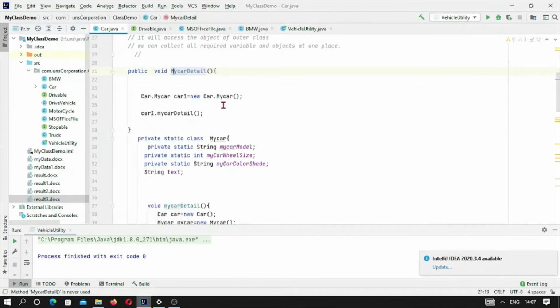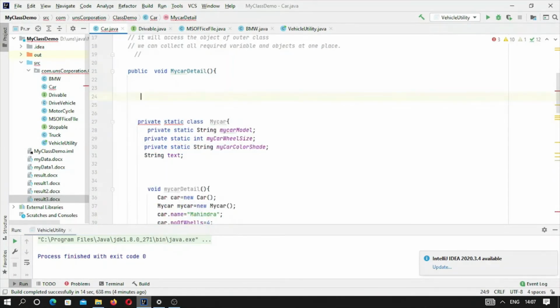So what we have to do, we already have a method, the outer class method. This is a method, so let me eliminate this. Now let me delete this. Now the static, this is a class, this is a private class. Now this is my class, my car inner class.